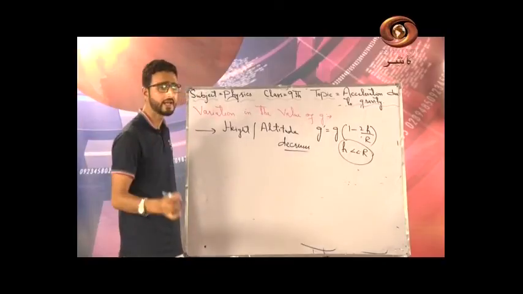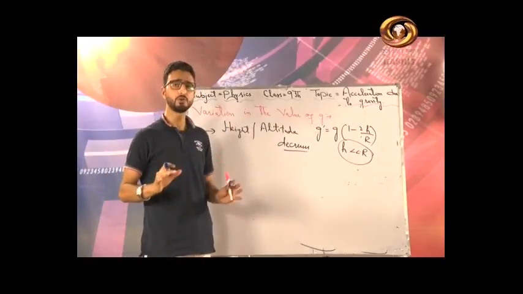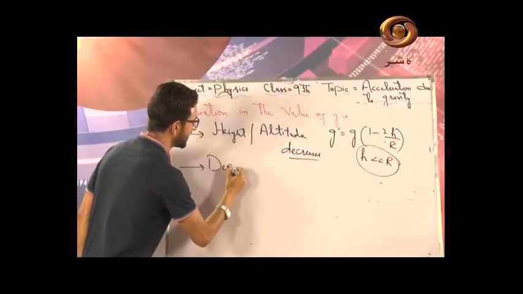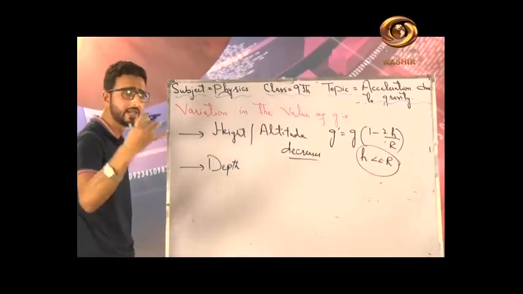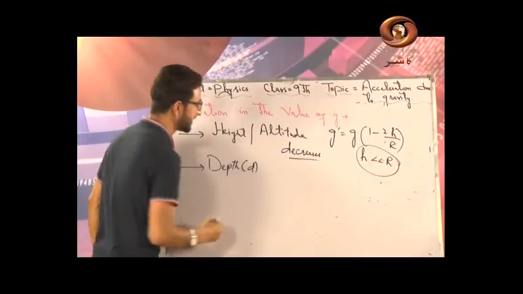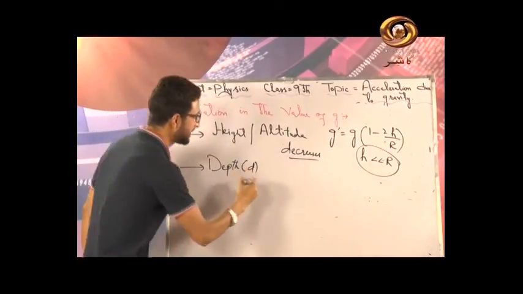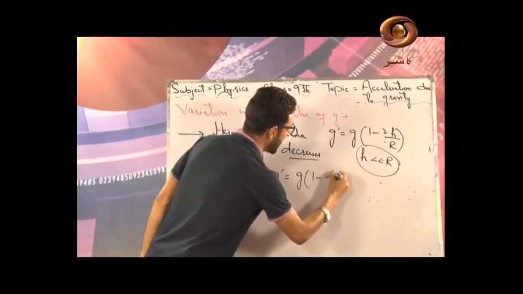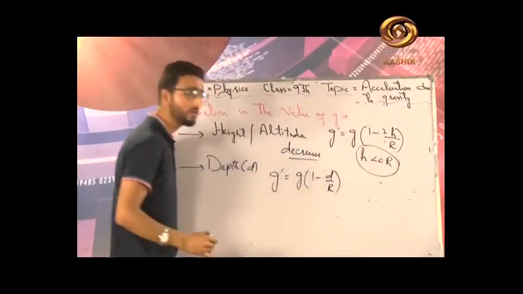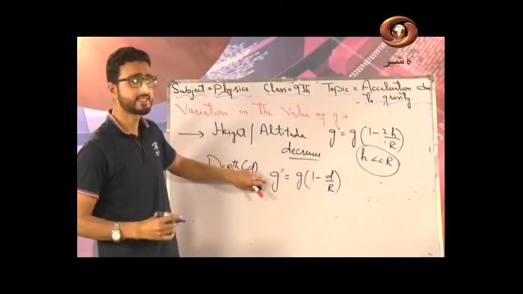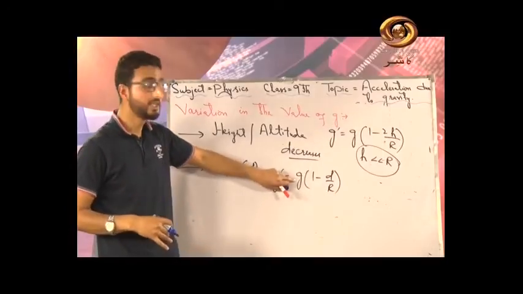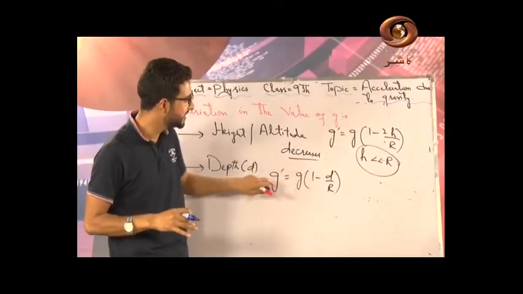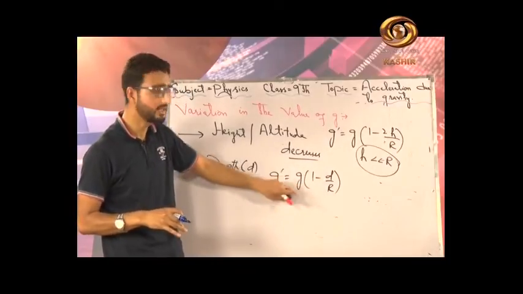Number 2, the factor on which acceleration due to gravity depends is the depth below the surface of Earth, so it changes with depth, that is small d, the depth below the surface of Earth. Let me write the expression: g prime is equal to g into 1 minus d/r. And one more thing: g prime is the acceleration due to gravity at some depth, g is the acceleration due to gravity on or near the surface of Earth, so g prime is less than g, you can clearly see it, so acceleration